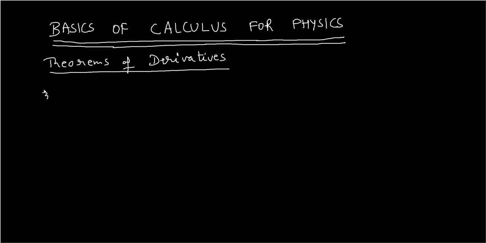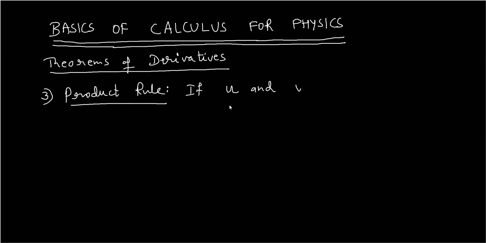So the third is product rule. We call this as product rule. If u and v, you could even write f of x and g of x. I'm writing u and v. If u and v are differentiable functions